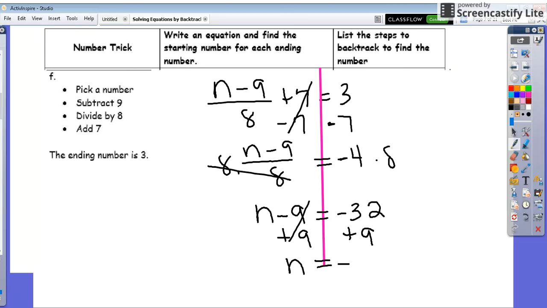The negative team wins, and they win by how much? 32 minus 9, which is 23. So we have negative 23 is our solution. So if I were to take this negative 23 here and plug it in here, I'm going to end up with 3 after I subtract 9, divide by 8, and add 7. Okay? Next one